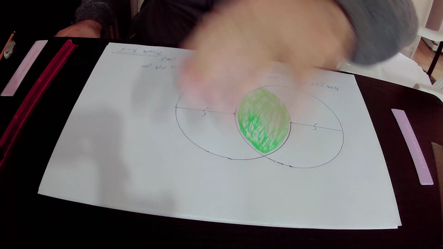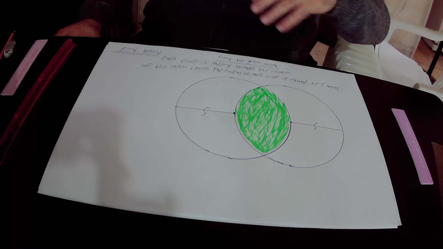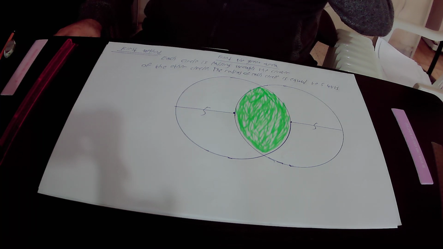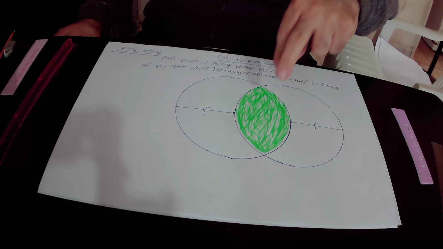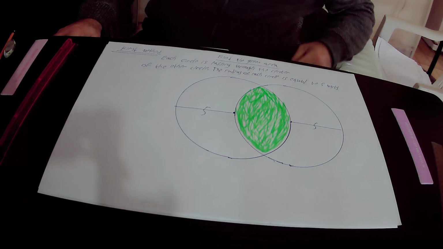Hello, in this lecture we'll find out the area of the green shape using two different methods. In the drawing we have two circles. Each circle is passing through the center of the other circle, and we want to find out the area of this green shape. Okay, so we'll start with the first method,